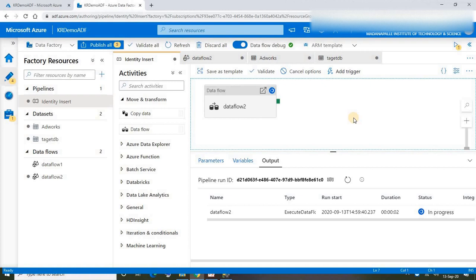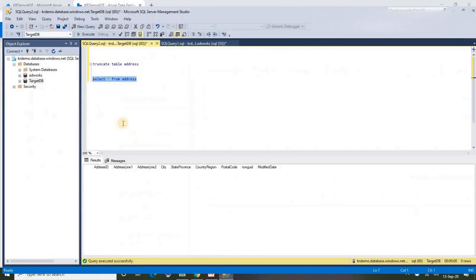Hopefully this time it should not fail, it should execute, but we'll see whether our target column is getting the expected value or not. Obviously it won't get the expected value because we are not inserting the value from our source column into that specific target column. Of course we can expect the values for other columns, whatever values are there in our source. So definitely the same values should be there in our target for other columns, but not for one column, that is address ID. So it is executed. Let's go ahead and validate the data.